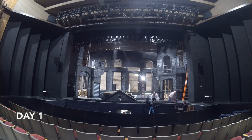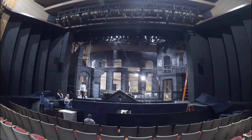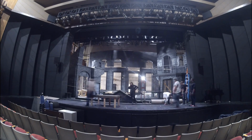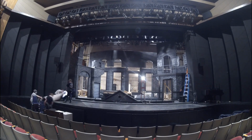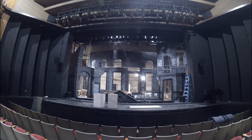So here you see the strike has begun. We typically will start with removing a lot of the electrical and sound equipment that are located on the set. You'll see on the front apron, you'll see our orchestra pit. We have a hydraulic orchestra pit that can take thousands of pounds of whatever we need up and down to our basement level, where we store a lot of our equipment, especially the stuff that we use again and again